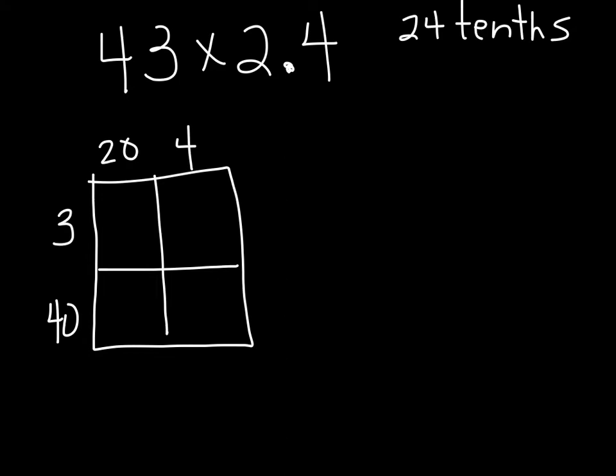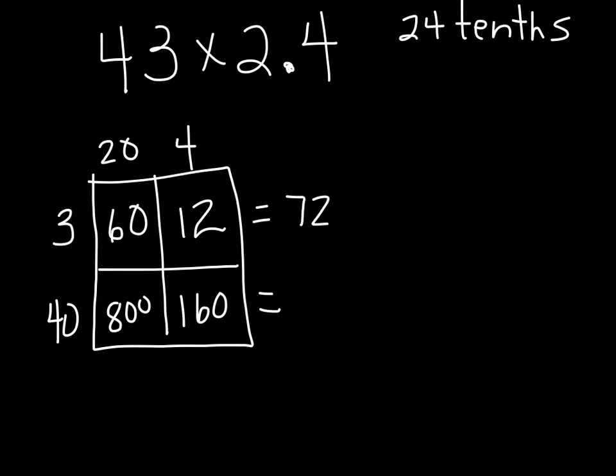So when I multiply 3 times 20, I get 60. When I multiply 3 times 4, I get 12. Then I drop down, I multiply 20 times 40, and I get 800. I multiply 40 times 4 and get 160. I am now going to add across these lines so that I get 60 plus 12 is 72. And 800 plus 160 is 960. I will add those two lines together